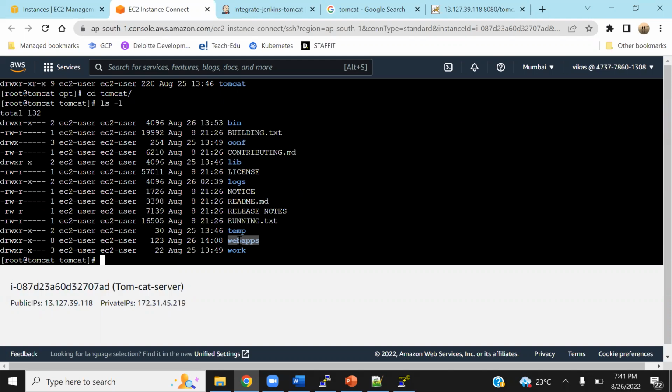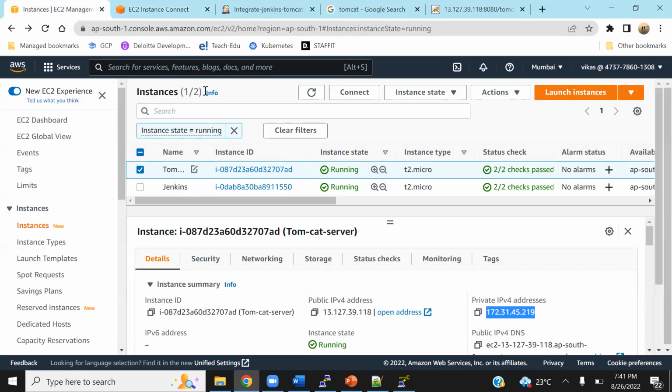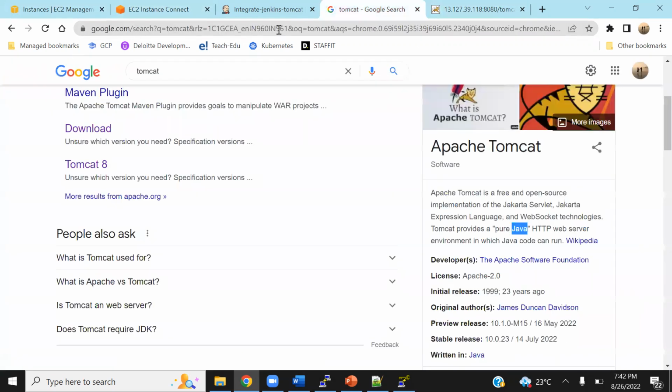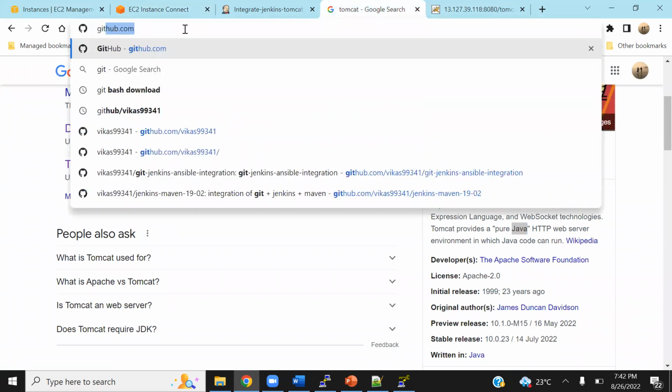The branch cannot always change. It is not like today you're deploying it on a different branch, tomorrow you will deploy in a different branch. That cannot happen, or that does not happen in general. So generally what happens is, then how will you maintain the history? So if I go to this github.com,